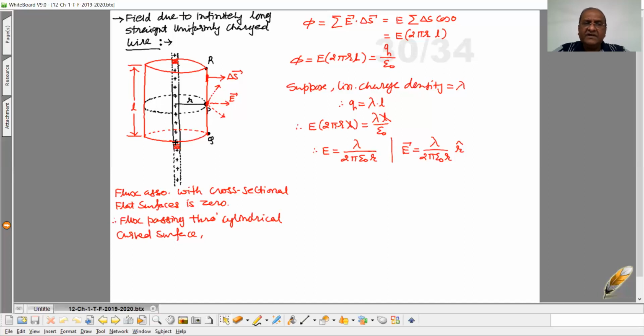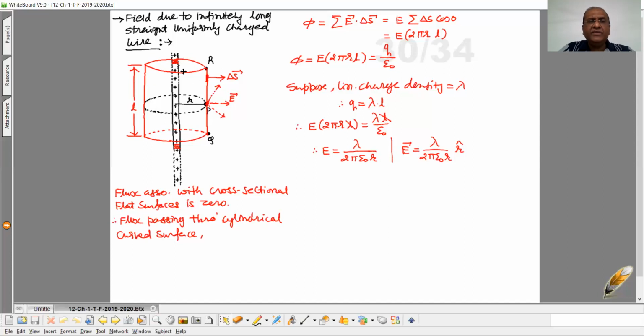Now here, if we consider the Gaussian surface, which is a cylindrical one as shown in the figure, having radius equal to R and length equal to L, then by applying Gauss's theorem to this particular cylindrical Gaussian surface, one can easily calculate the electric field. Now, flux associated with this cross-sectional surface, this upper one and this lower one,